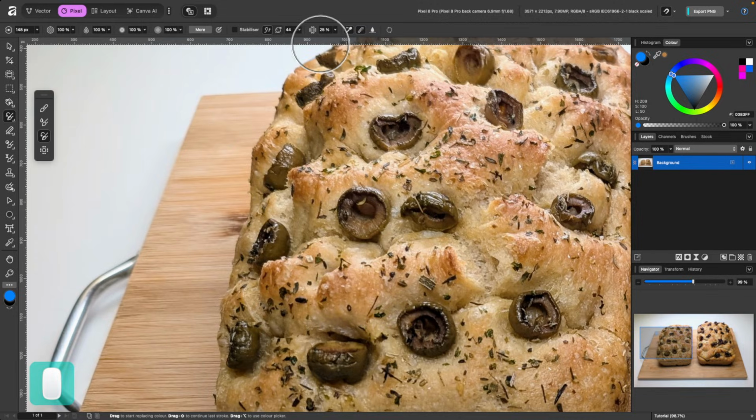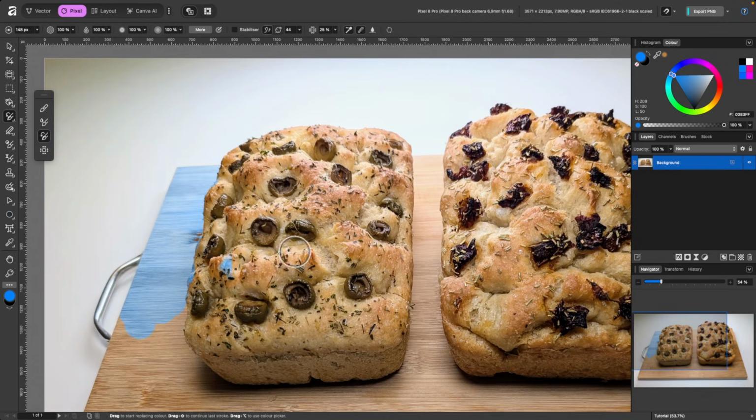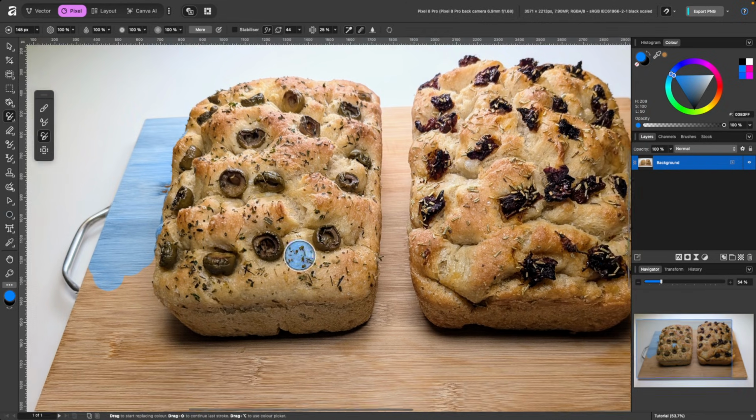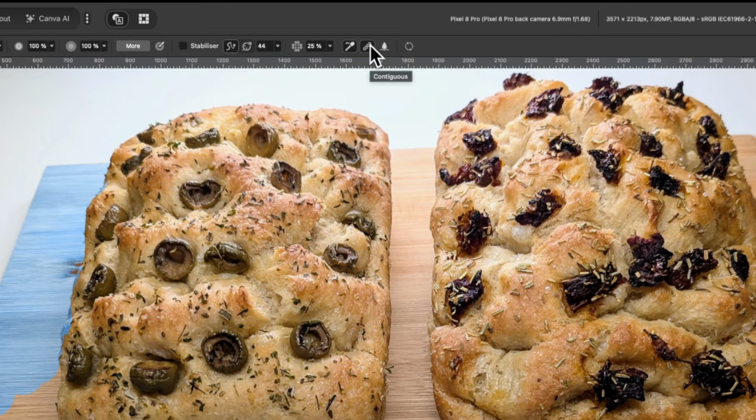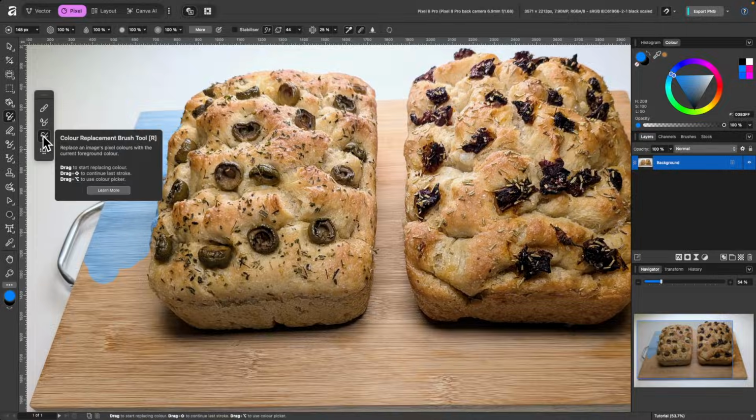So when I click on that, I'll leave it at 25%. I'll click down, and as I'm dragging around, it's continuously sampling which areas should be included. And you see I'm making a few mistakes there, but it's doing well. And this might be one of the use cases where you would use this tool just to replace a color in your image or painting or whatever. Of course, at the top, we have other options like contiguous, which I explained earlier on in the tutorial. And you've got wet edges and reset. Okay, that's pretty much the basics of the color replacement brush tool.